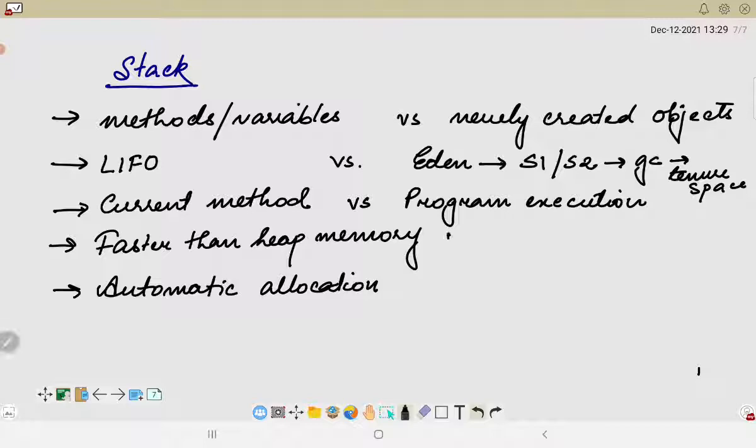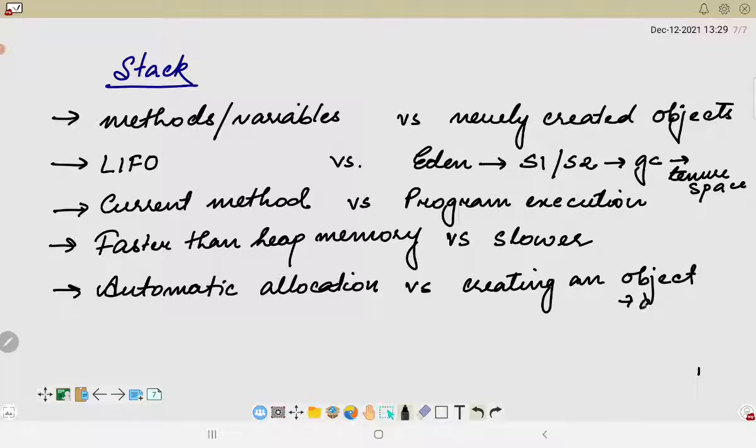So it is also slower as compared to stack, and whenever we are creating an object, that is basically allocation. And if I am destroying it, we will simply use garbage collection for deallocation.